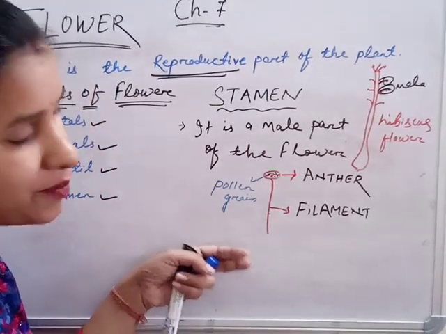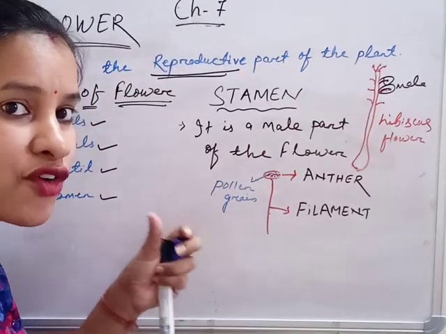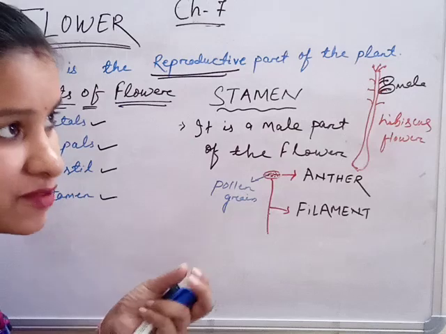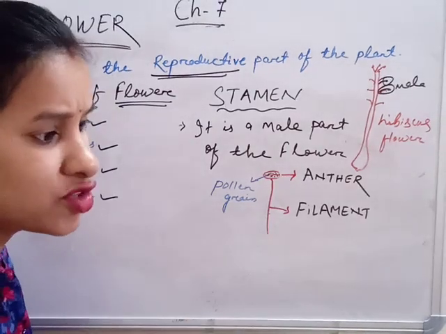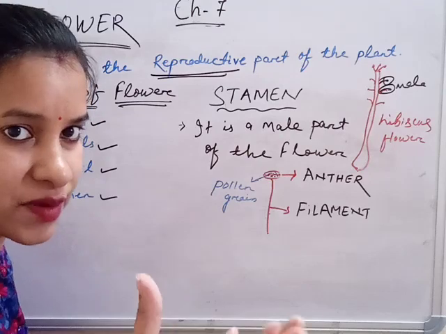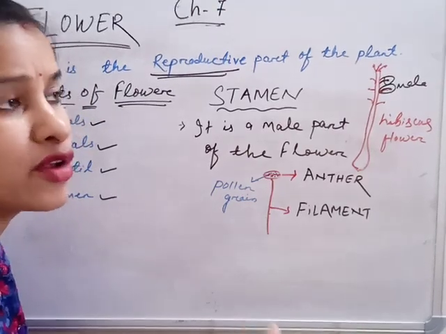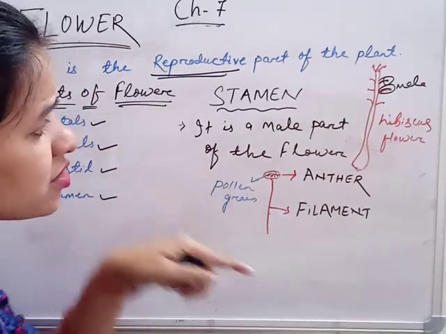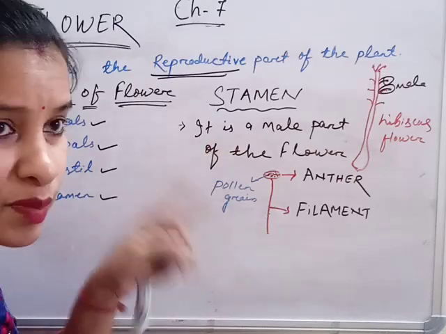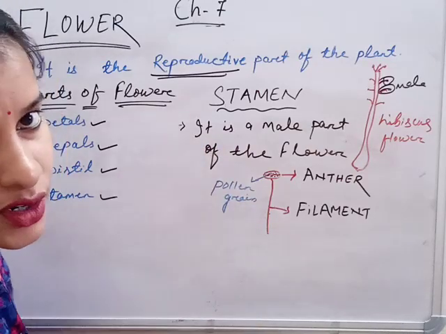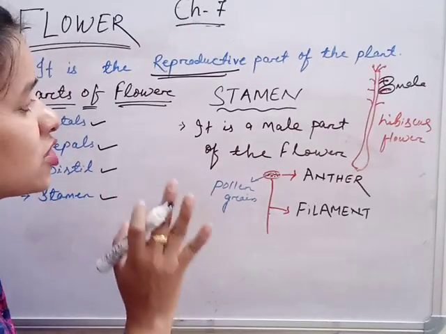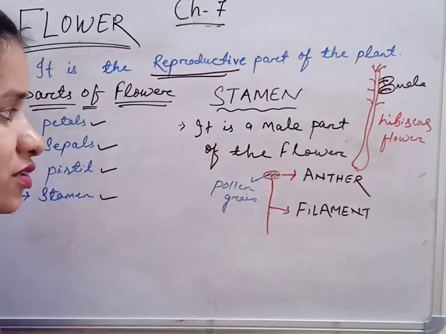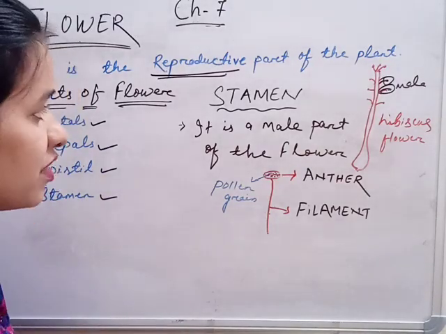Actually, it is not there in the book, so I am not going further. By the process of fertilization of the ovary and pollen grains, we will have a fruit. Then the fruit starts bearing, gradually grows and ripens, and then we either eat it or use its seeds for new plants. As all this process is carried out by the flower parts, the flower is called the reproductive part of the plant. So this is all about the parts of the flower: petal, sepal, pistil, stamen. Let me discuss briefly about it.